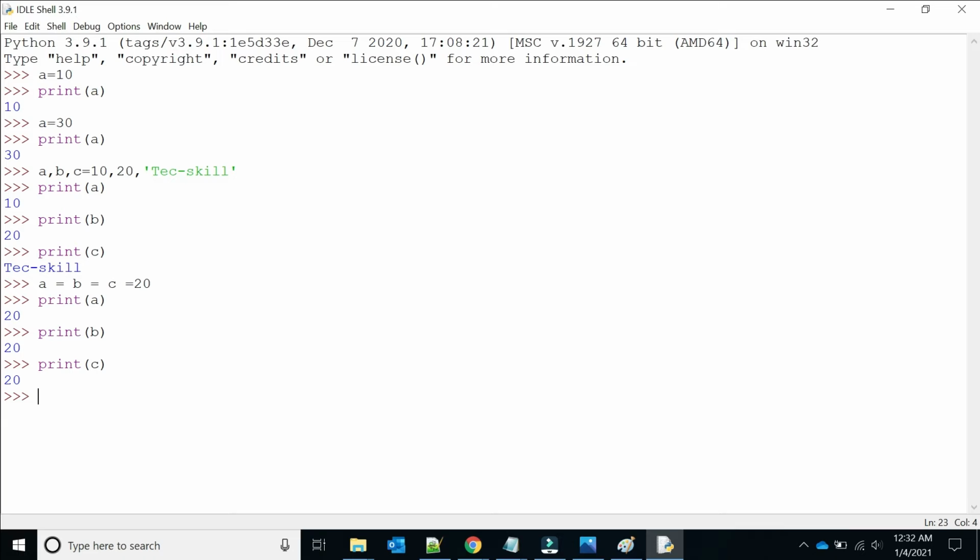But there are certain rules for how you can give a name to the variable or the identifier. First thing is, the variable name or identifier name can be lowercase or uppercase, and it can also contain an underscore and the numbers 0 to 9.